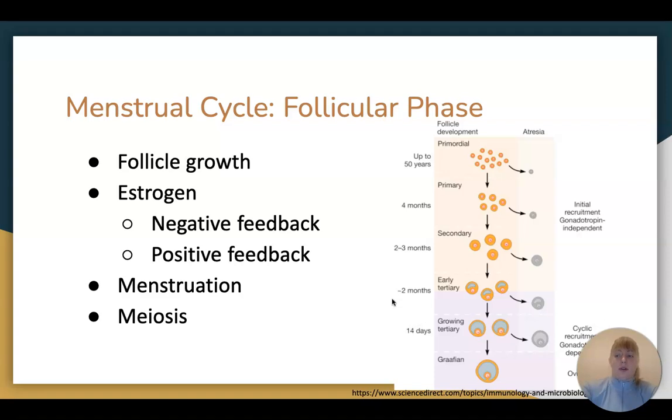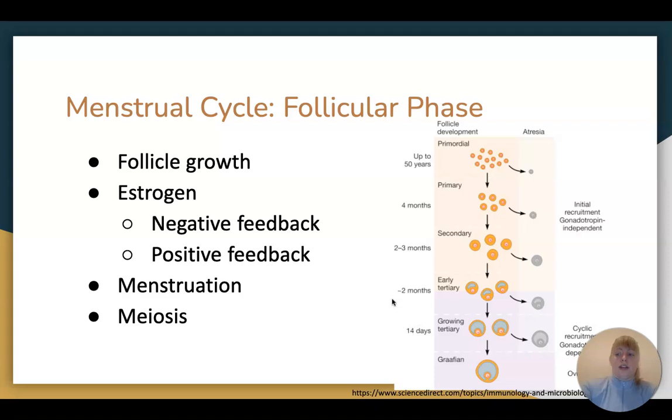As the follicles grow, their granulosa cells, which are under the influence of FSH, and their thecal cells, which are under the influence of LH, start to produce steroid hormones. Granulosa cells also begin to secrete AMH. This AMH decreases follicle sensitivity to FSH, which prevents recruitment of additional follicles once a group has already started developing, so you can only have one developing follicle. Thecal cells synthesize androgens that diffuse into the neighboring granulosa cells, where aromatase converts them to estrogen.